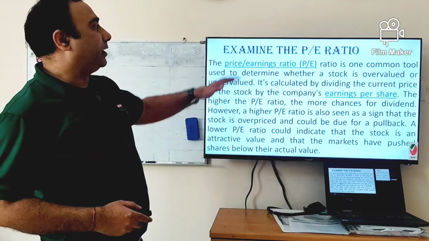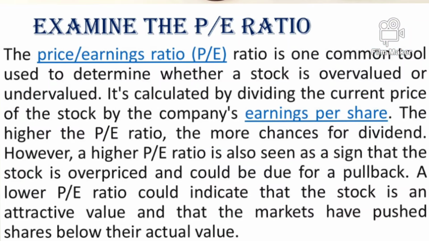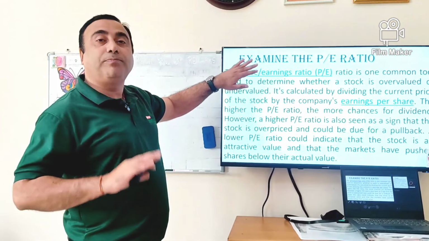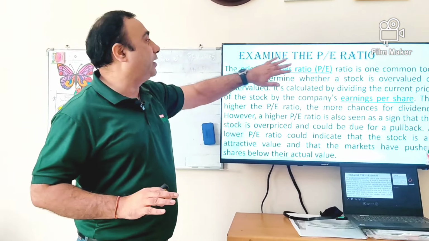Then the second one is to examine the PE ratio. PE ratio is not per share, it is price to earnings ratio. So what does it mean? When you open the website, you will find two types of PE. The first one is TTM PE. TTM PE means trailing 12 months. So how do you calculate the trailing 12 months? The TTM PE is the current share price,